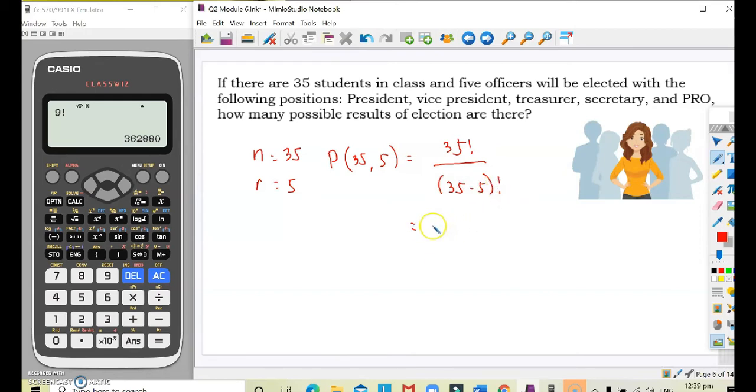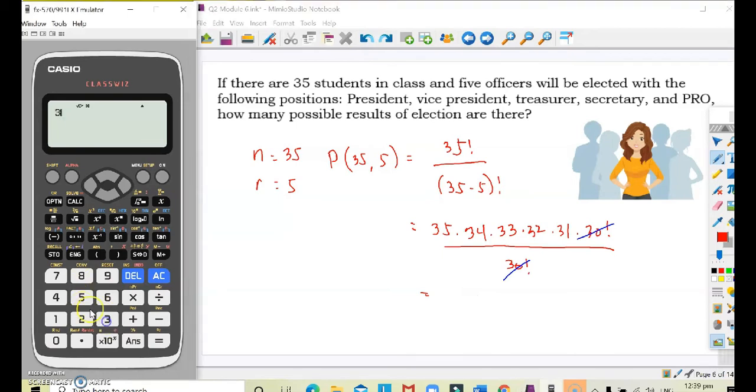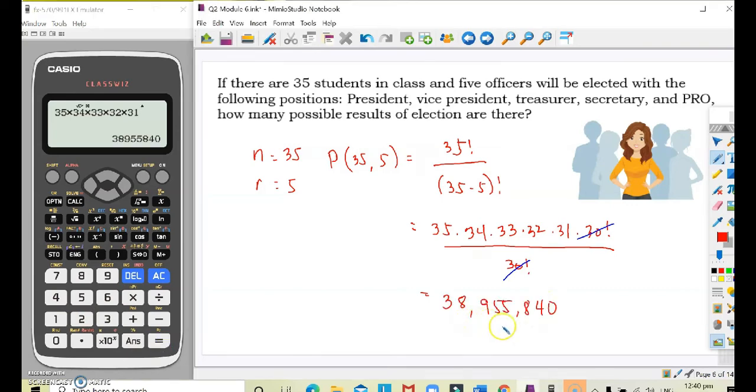That will lead us to 35 times 34 times 33 times 32 times 31 times 30 factorial over 30 factorial. We can cancel that one, but let me use my calculator to multiply all these values. 35 times 34 times 33 times 32 times 31. And the result is